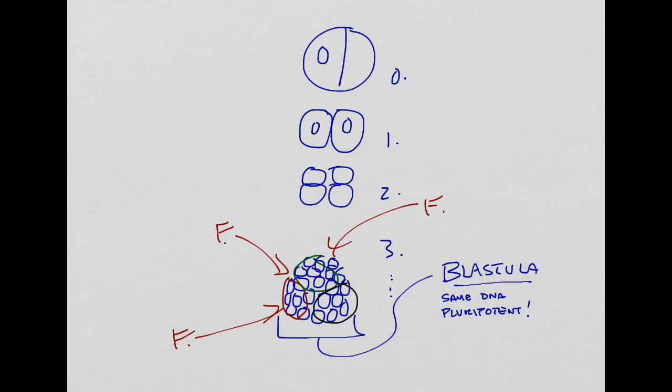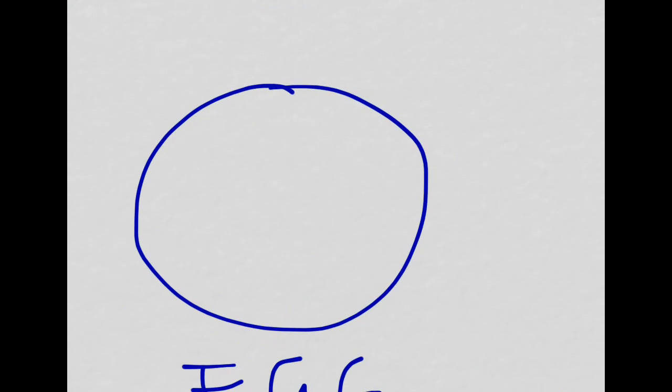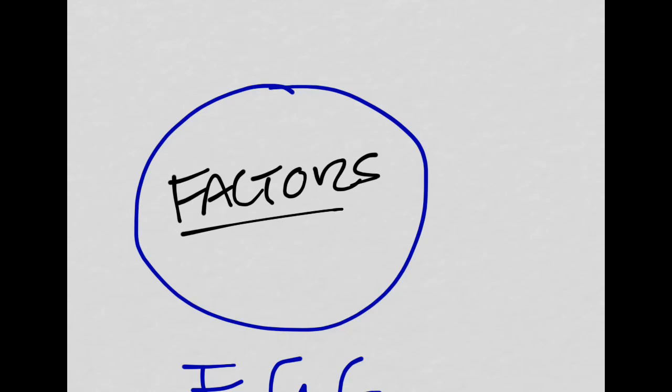What's more is if I go back to what we had here, understand that these factors that I'm referring to are all contained in the egg. You have no factors, none of them here in the sperm. The sperm is really kind of cheap. All it does is have a whole bunch of,